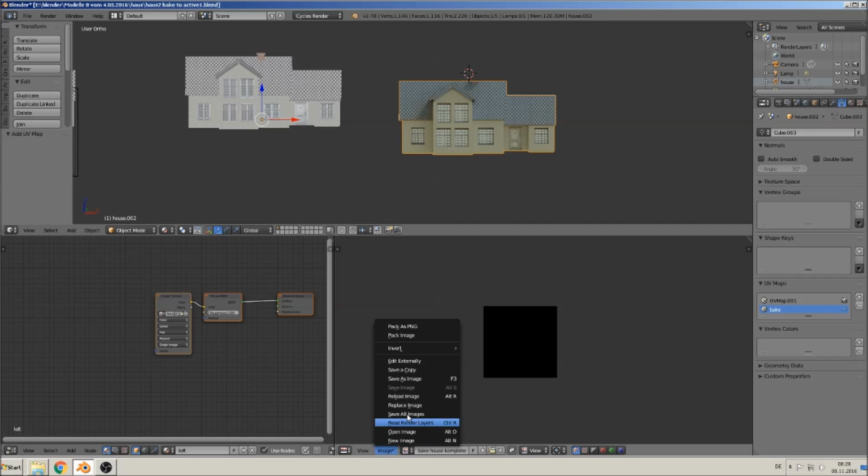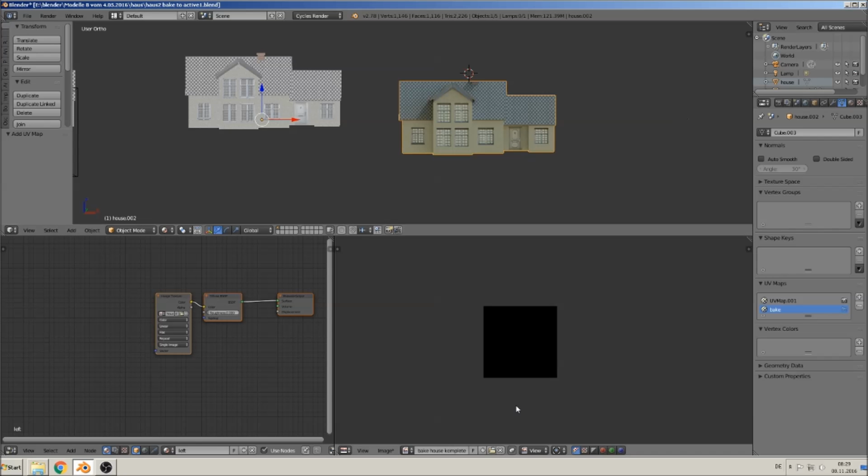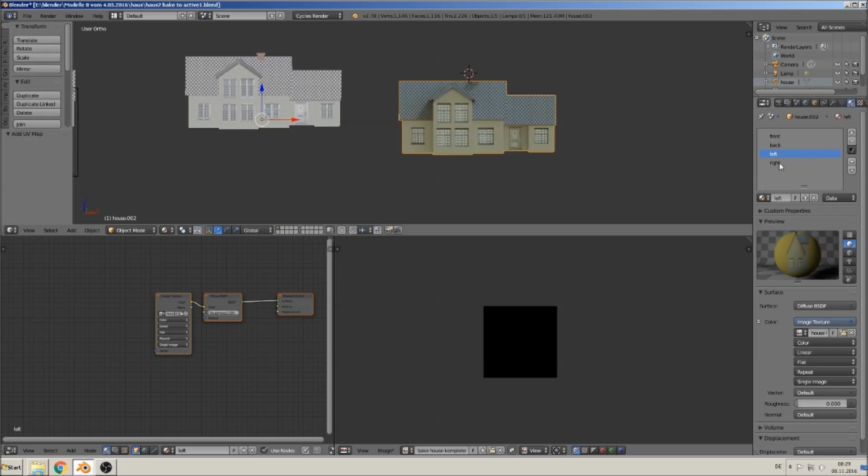So we go to image, save as image. Then we give them a name. Bakehouse complete is okay, but PNG is to create format for the graphic that goes with less kilobytes. So we take here JPEG, RGB, quality 100, and save it. Okay, now the next part is that we must check